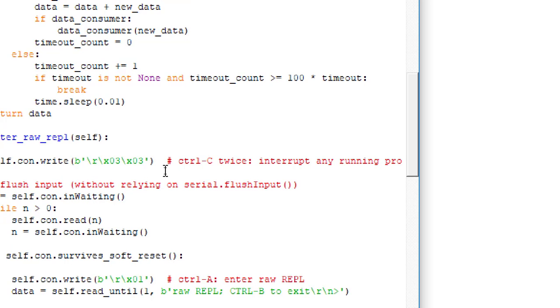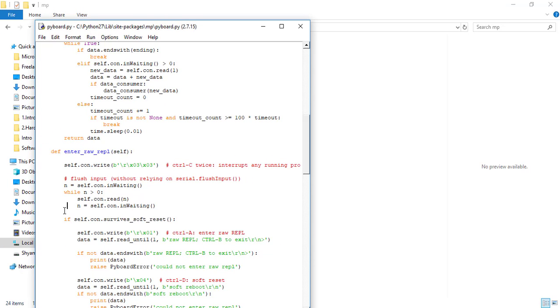After while n greater than 0, before the if statement, just add a sleep. You can use the time module as shown here, time.sleep, for 2 seconds. Now save this and close it.